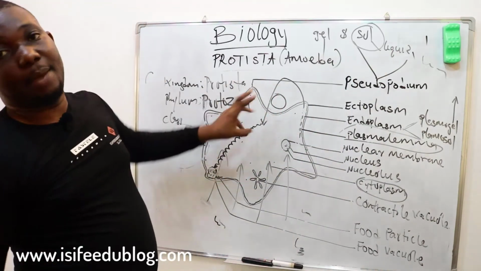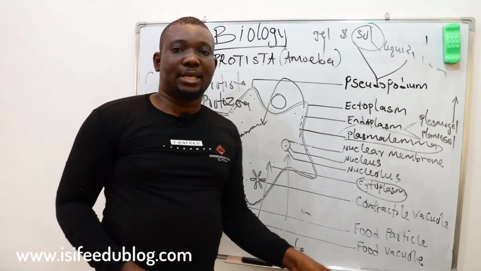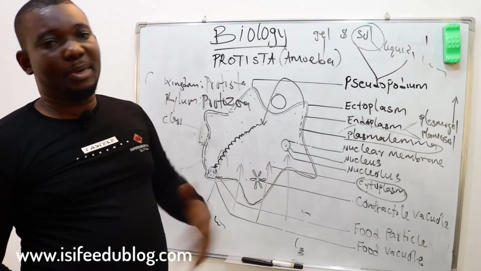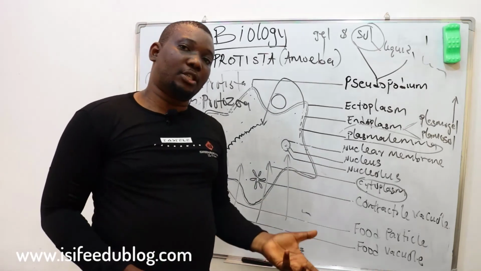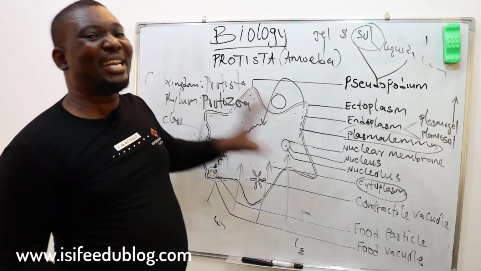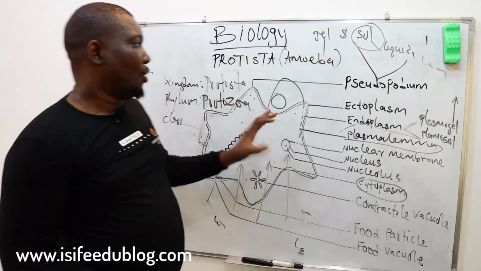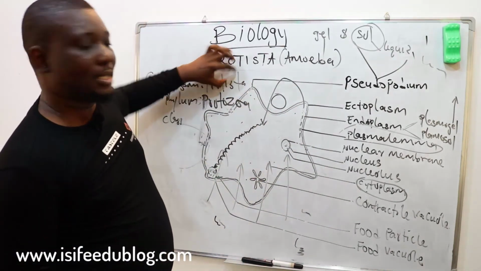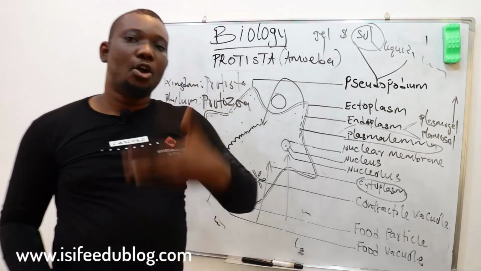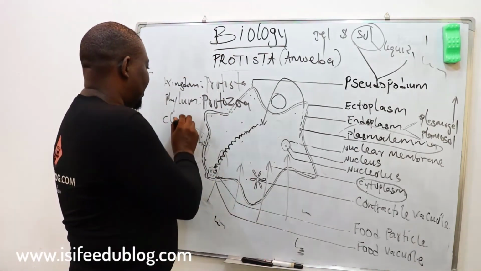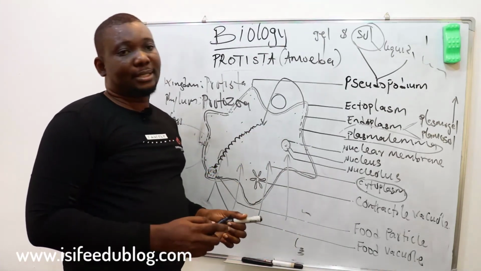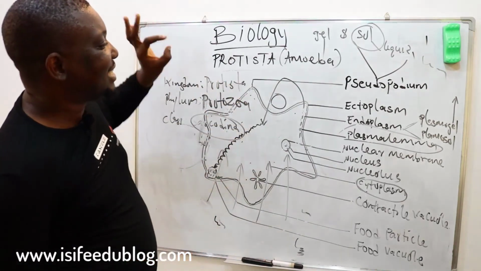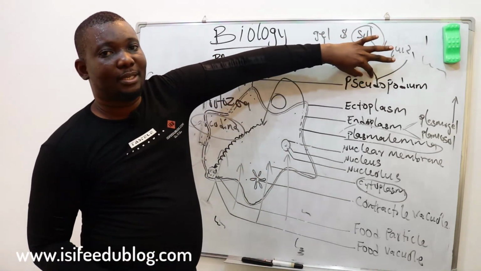Two, this organism can maintain water to salt balance, that is osmoregulation. A plant can't regulate salt to water balance. It means that a plant cannot carry out osmoregulation. So this is purely an animal-like feature of this organism. So Protozoa means animal-like protists or animal-like unicellular organisms. And then the class of this organism is Sarcodina. Sarcodina are protozoa that have pseudopodia for movement.